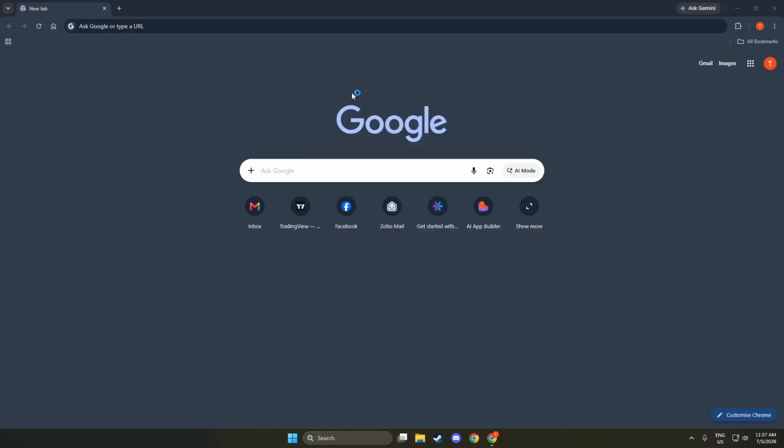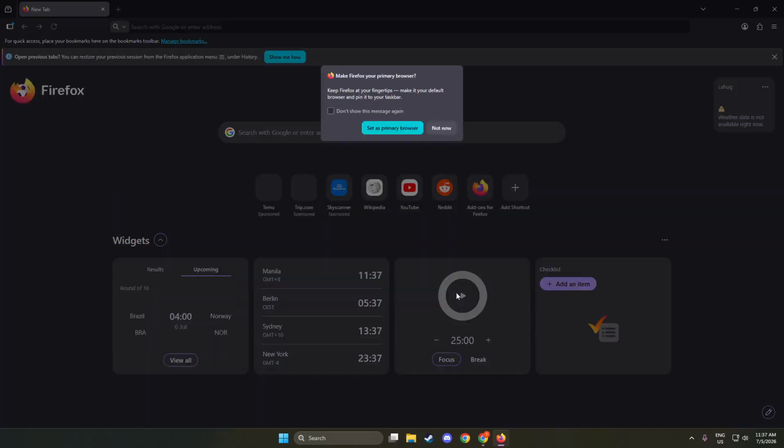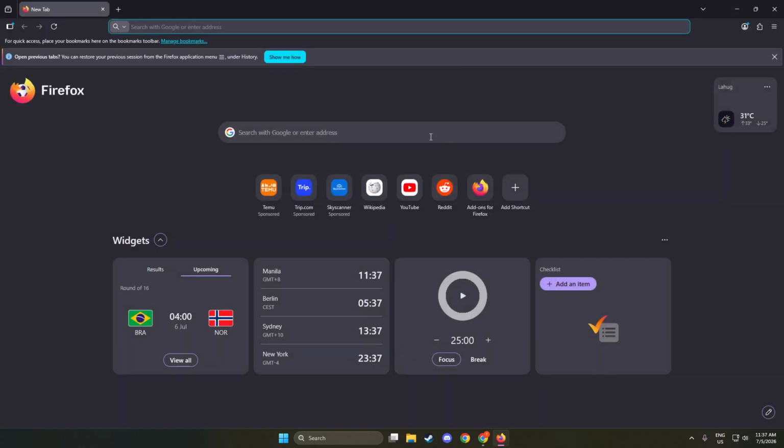Now that Firefox is restarted, it's time to test your download speed. You can do this by downloading a file from a reliable source. Choose a file that you know has a consistent download speed. As the file downloads, monitor the speed closely. This step is crucial because it gives you a clear indication of whether the changes have improved your download performance. If you notice a significant increase in speed, you have successfully optimized your download settings.